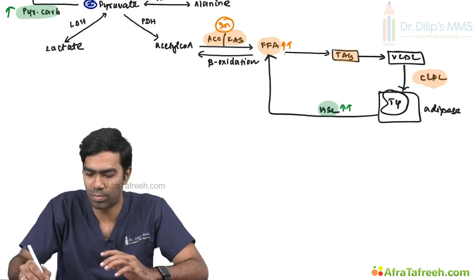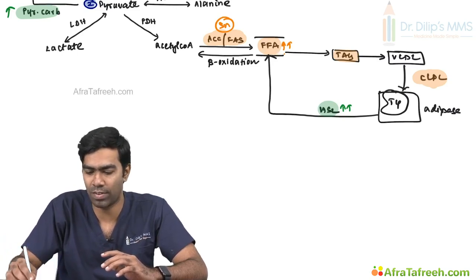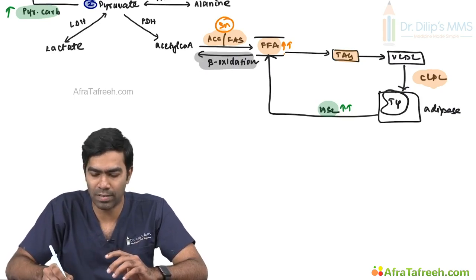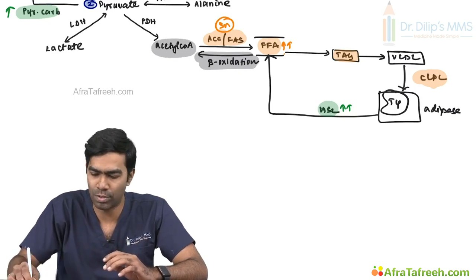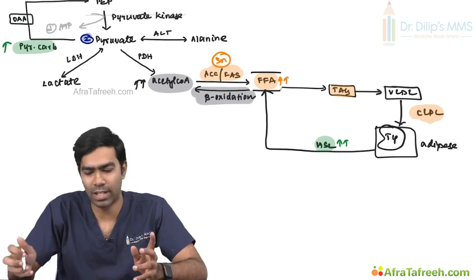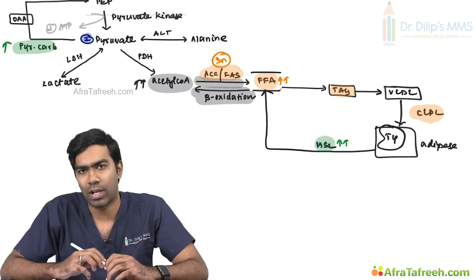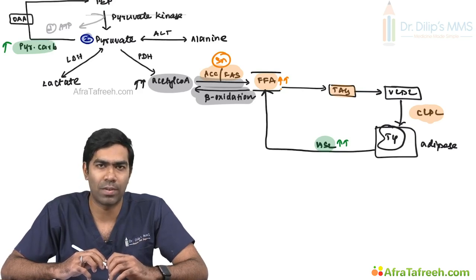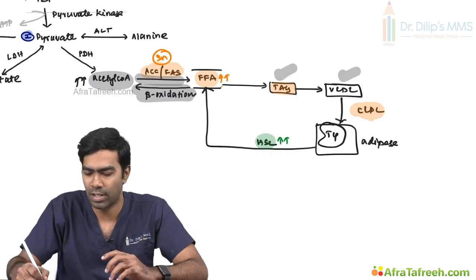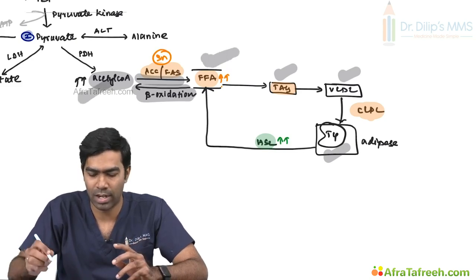As I told you before, once you produce free fatty acids in the blood, not in the liver, we are talking about free fatty acids in the blood, that's an unregulated pathway. Once they are produced, automatically they will enter the beta oxidation pathway, and they're going to produce more acetyl-CoA. And this excessive acetyl-CoA, of course, in the liver is going to get sucked into the acetyl-CoA carboxylase pathway, producing malonyl-CoA and then subsequently free fatty acid, that is palmitoyl-CoA, which is going to produce more triacylglycerol, more VLDL, more triglyceride in the adipose tissue, and more free fatty acid, more acetyl-CoA in the liver, and more free fatty acid